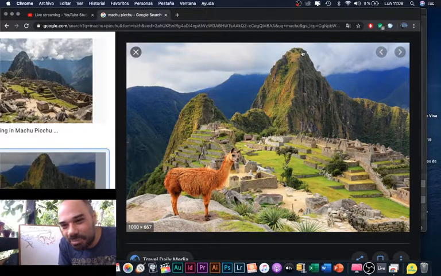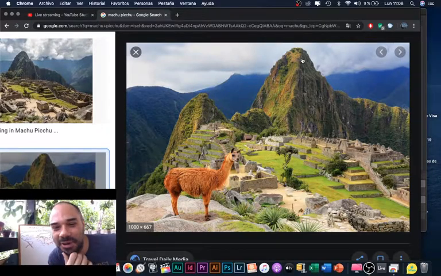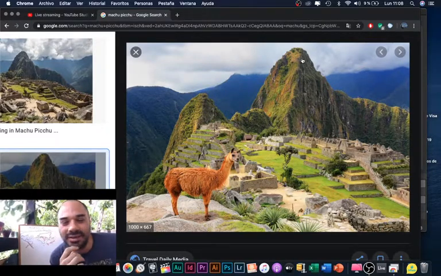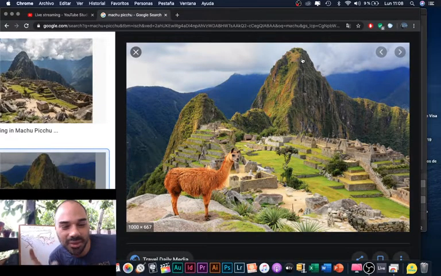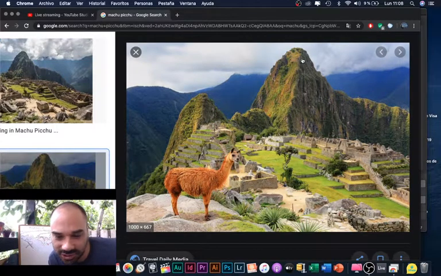This is Huayna Picchu. And the thing is, I don't have any photographs from my trip because there were no smartphones, we still used a camera, and they stole our camera. So we don't have any photographs of this marvelous trip.